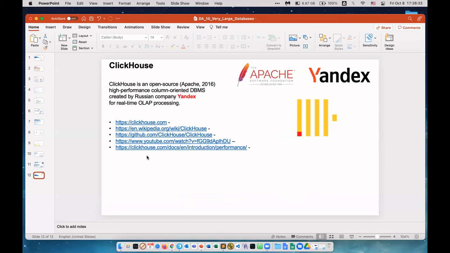I provided the links here. Usually everything about Yandex means that it's very, very scalable. Well, think of Google, right? It's a big scale, a very big scale and high performance. Distributed under the hood and so on. So they made it open source 5 years ago, so it's under Apache, and I highly recommend to look at it, because for whatever reason here, most people don't even know about it, but it's very good technology.